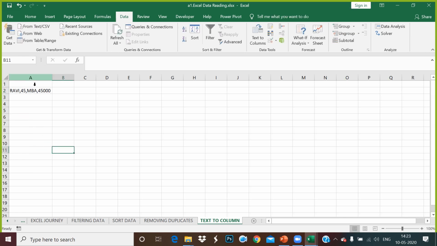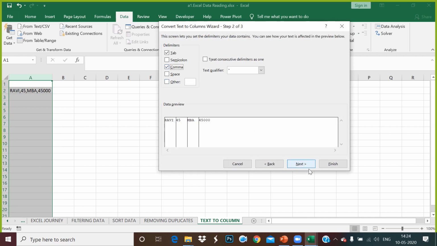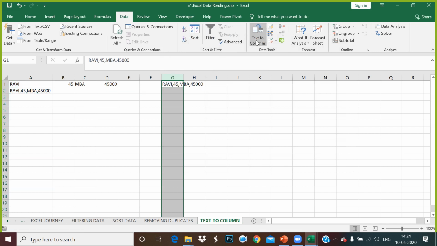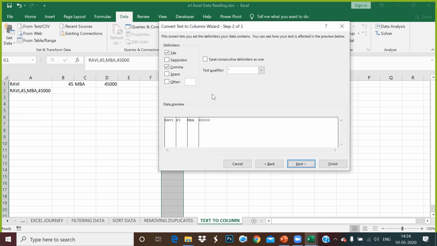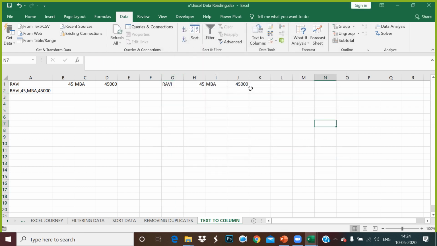Now, if you have this column, you select this, go to data, go to text to column, and use delimited, where you use a comma to separate all these field values. You got it here? How it is coming? Using Ravi, you keep it at the top, select this, delimiter as comma. You can see all the fields are separated.